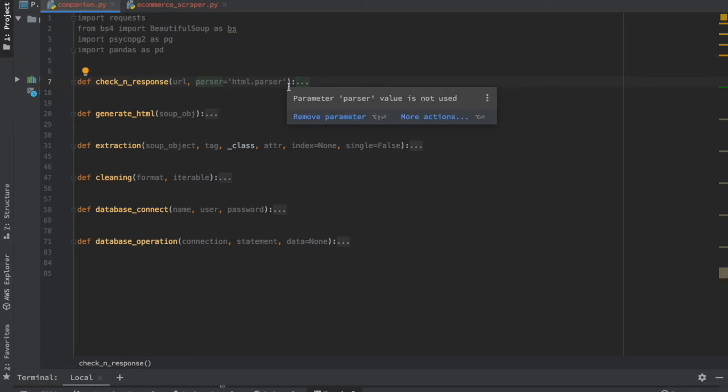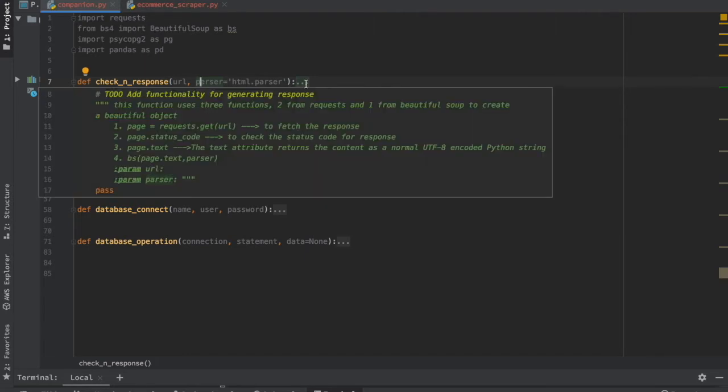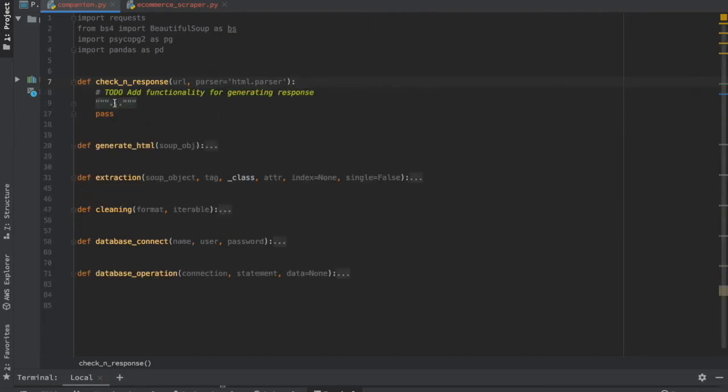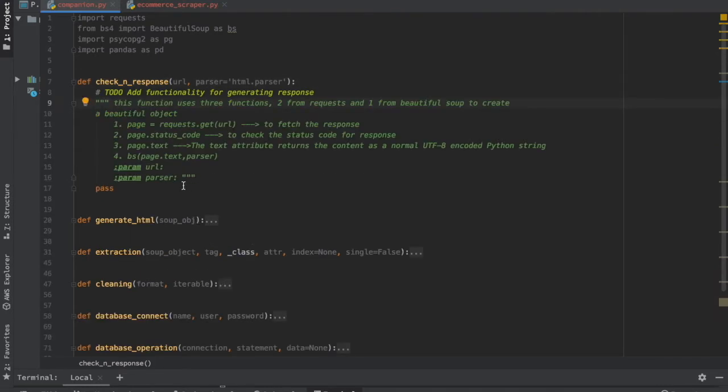And if the response code is less than 200 or greater than 299, we are going to treat it as a general error and return a print statement that the error happened. In this, I have a to-do to add functionality for generating this response, and then there is this documentation in which I have kept what this function does. You can download this script from GitHub and have a go.